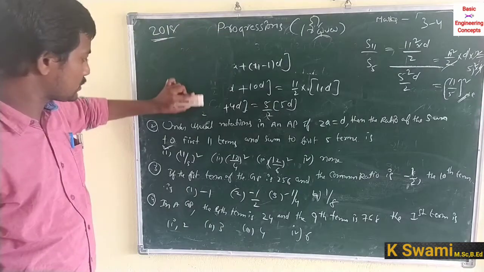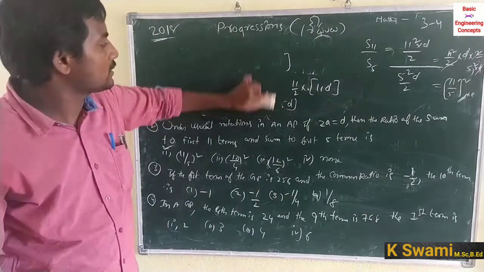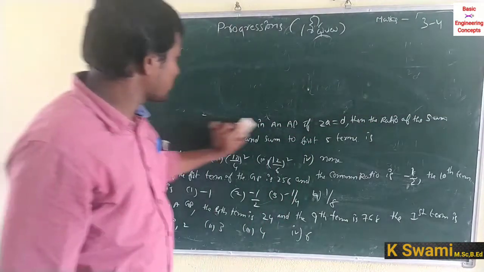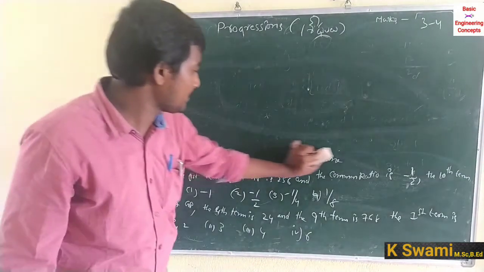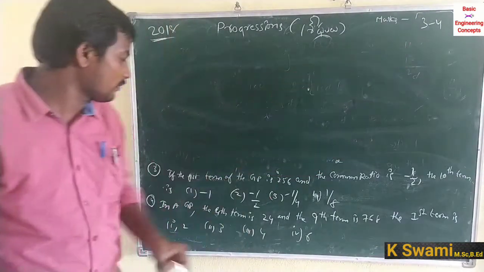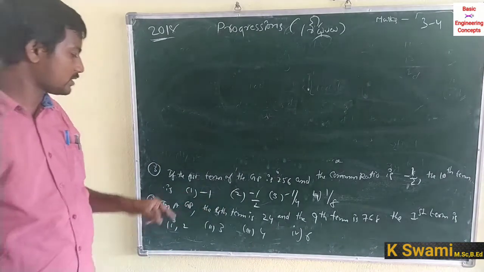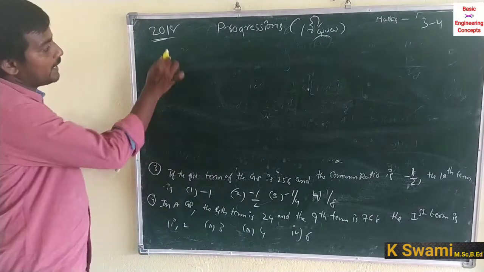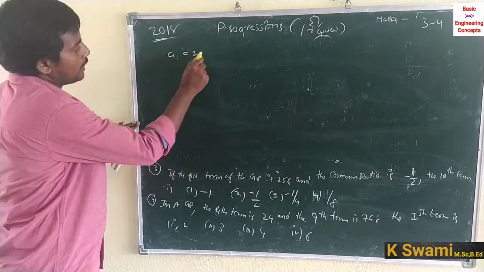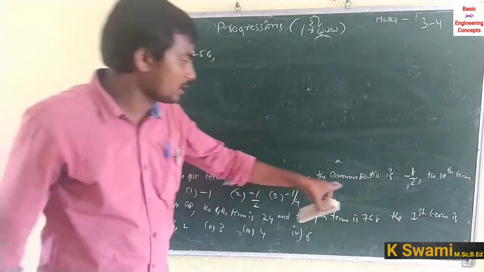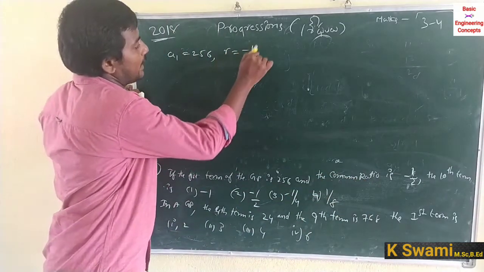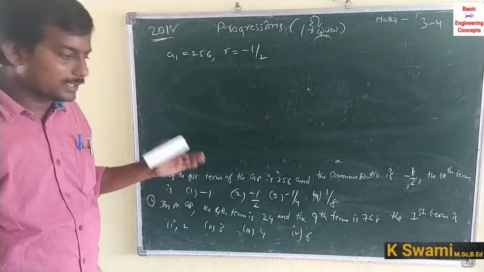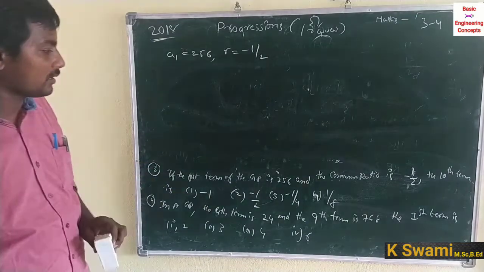So the third question in 2018 from progressions, మనకి శ్రేణుల నుండి ఇచ్చిన మూడవ ప్రశ్న చూసుకుంటే, మనకి ఫస్ట్ రెండు కూడా అర్థమెటికల్ ప్రోగ్రెషన్స్ లో ఇచ్చాడు, నెక్స్ట్ రెండు కూడా జామెట్రికల్ ప్రోగ్రెషన్స్ లో ఇచ్చాడు. If the first term of the GP, so A1 is equal to 256 and the common ratio r is equal to -1/2, the 10th term is, అయితే 10వ పదం ఏమిటి అలా చెప్పి అడుగుతున్నాడు అనమాట.